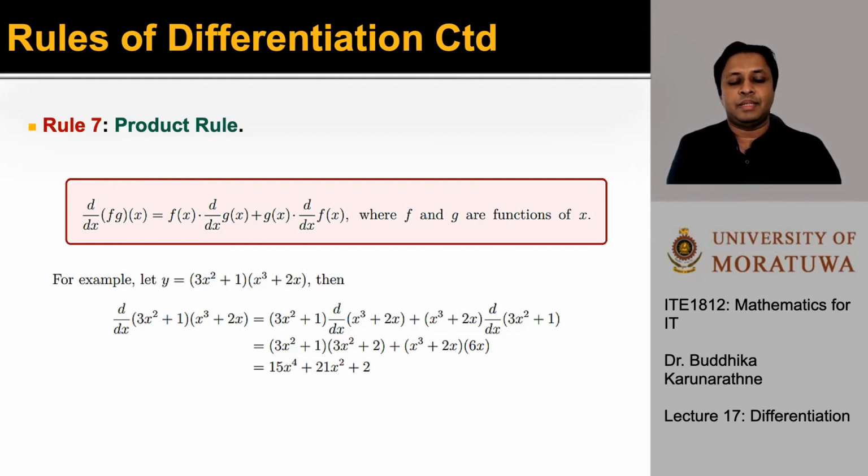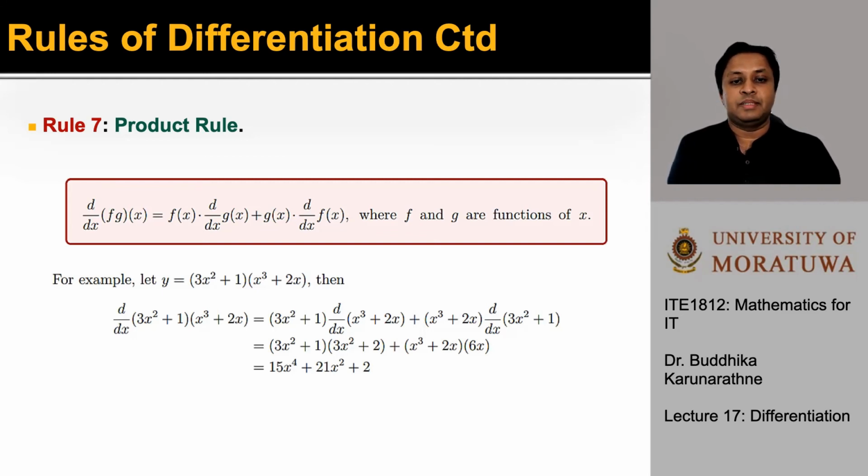You simply substitute the values in the equation given in the product rule. The derivative of the function x cubed plus 2x would be 3x squared plus 2, and the derivative of the function 3x squared plus 1 becomes 6x. And then you can simplify